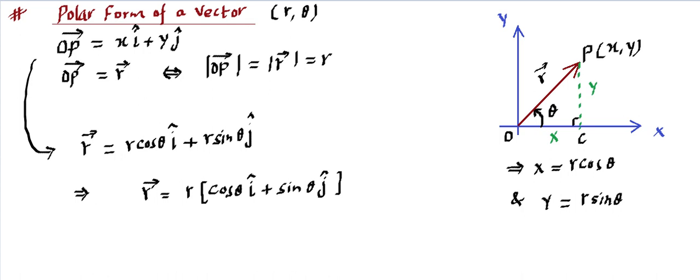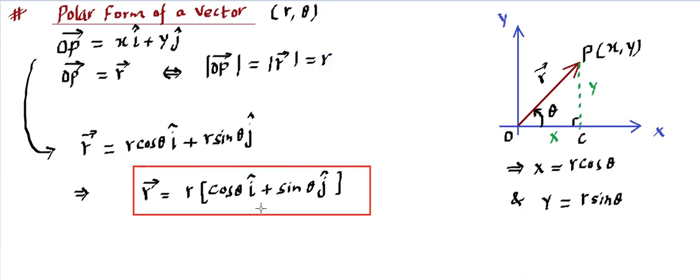So this expression is trying to explain that if R and theta are given to us, we can write the position vector of any point P. Position vector basically tries to indicate the position of point P. So if we know the length and the direction, we can reach point P. We can get the address of point P in terms of R and theta. The same address can also be found using X and Y. This is known as the Cartesian coordinate representation, or representation in XY.